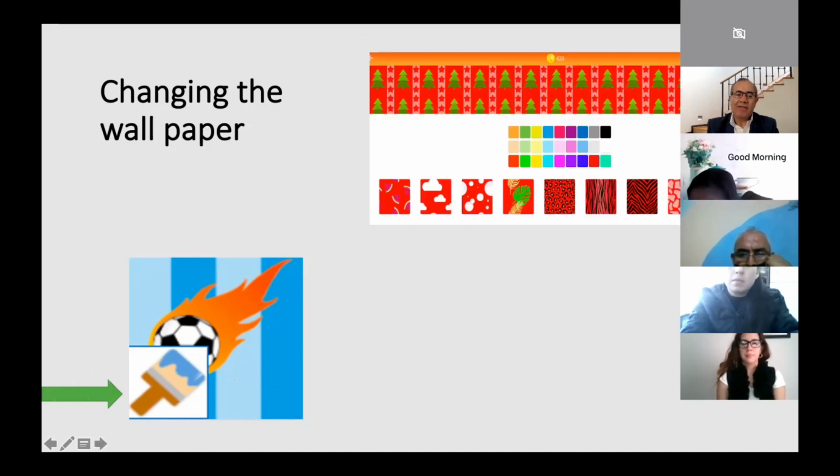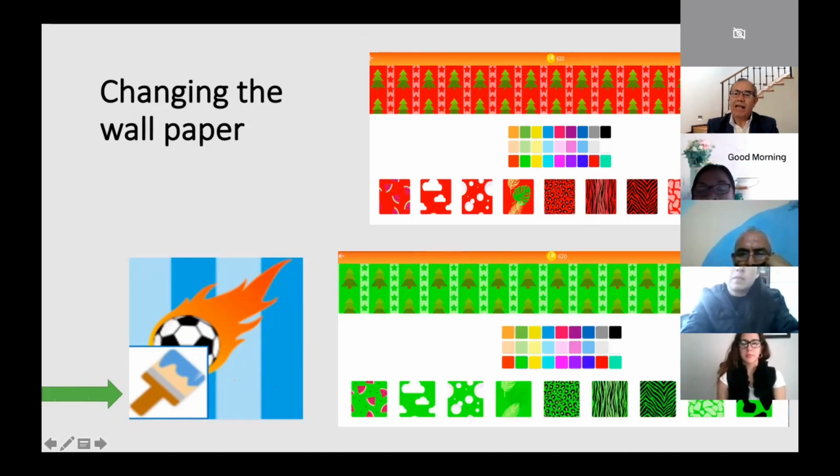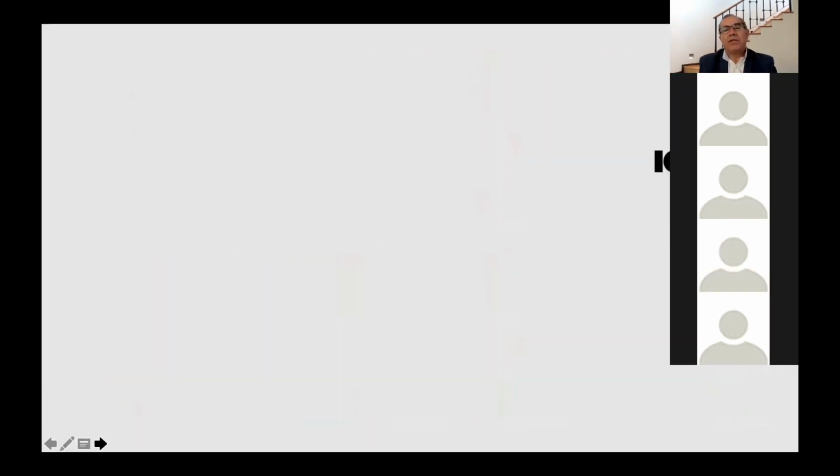So you can use it to change the wallpaper. And then I have it red, then I change it into green. And there are some other features how you can change it. It was Christmas. Now I can move it around and change it. So it has to be different. That's really fun. This is a very important and fun action for the students to be playing with. So they can do that.